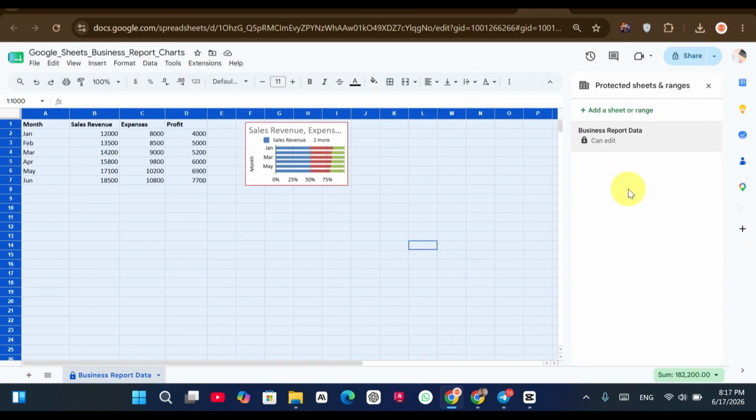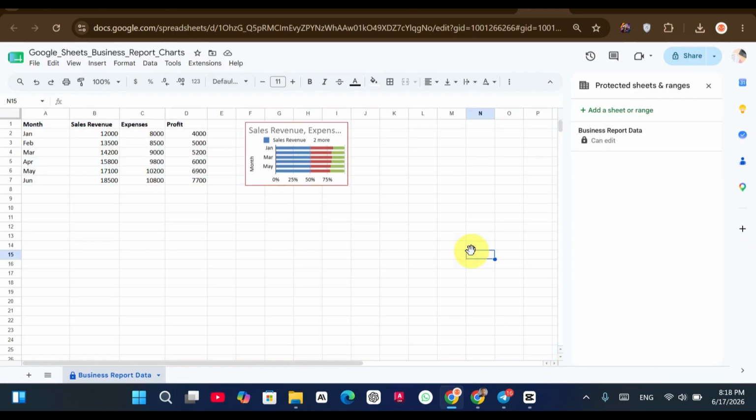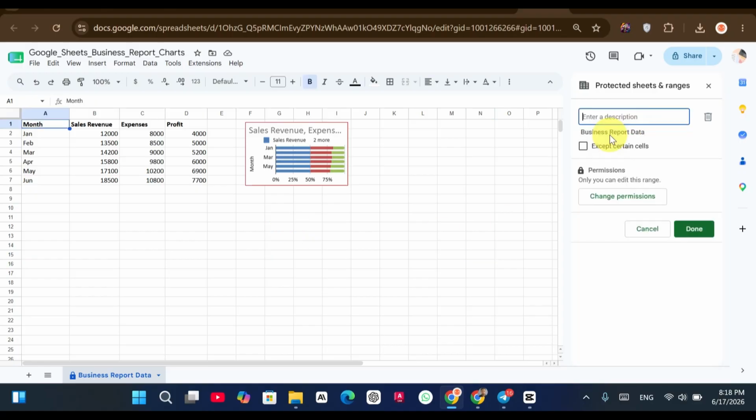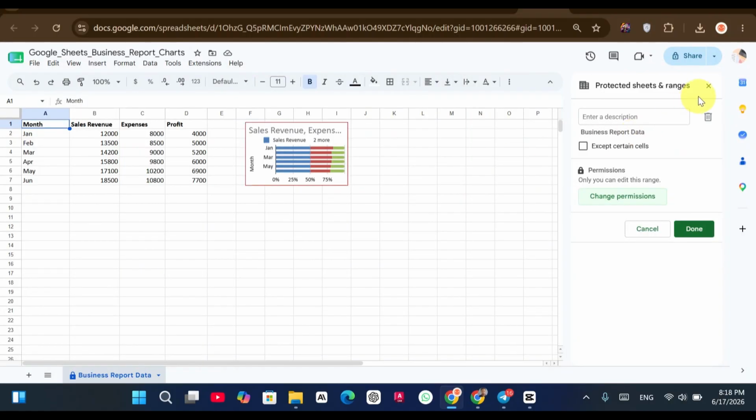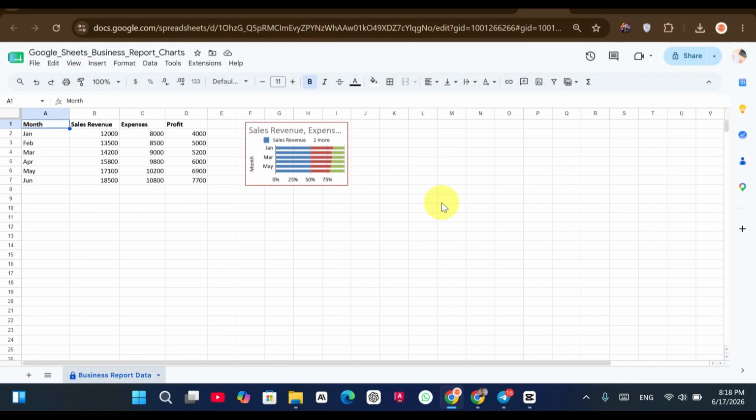The selected report or range is now protected. Anyone without editing permission will be able to view the report but won't be able to modify the protected areas. If you need to update the report later, simply return to Data, then Protect Sheets and Ranges, and adjust the permissions as needed. Using protected ranges is a great way to keep business reports, financial summaries, and important dashboards secure